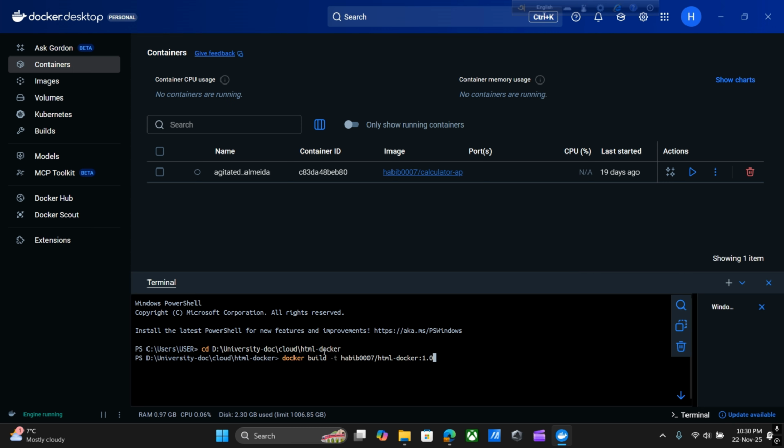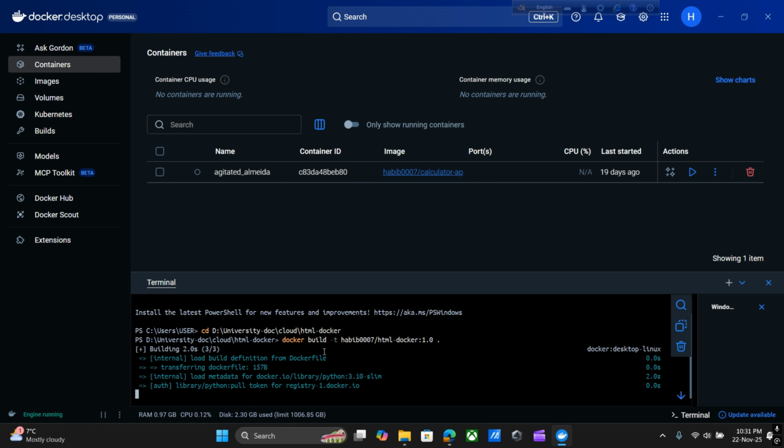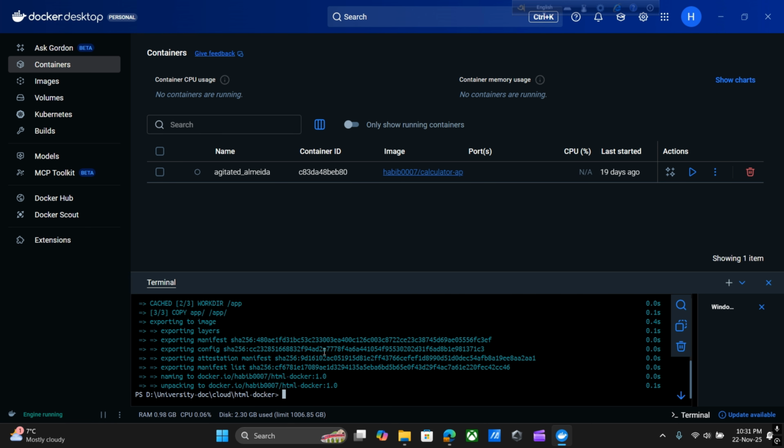This is my HTML Docker, which is the main folder, and I have created a version which is 1.0. So here you can see the Docker image is built. After that I have to run docker run